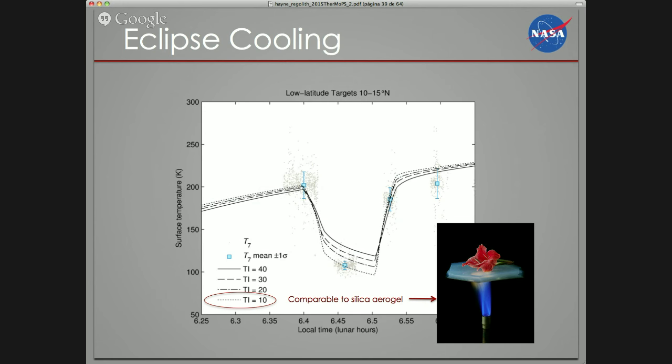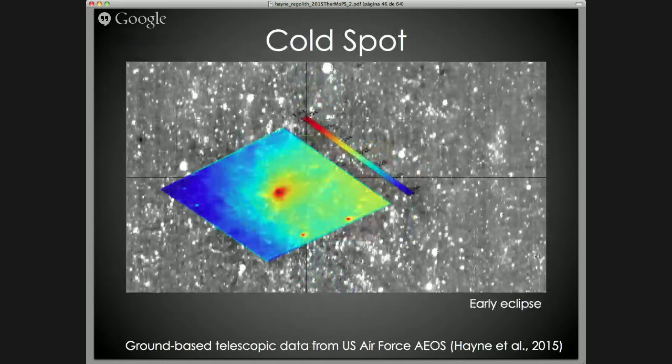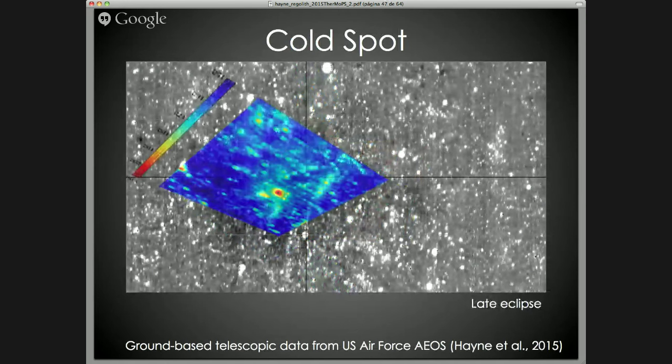Okay, here's a cold spot. Turns out it doesn't show up at all during the eclipse. In fact, the only thing you see during the eclipse is the warm central crater. The cold spot itself, which should be out here, is no different from the background, which is very strange. In fact, it turns out that the temperatures are a little bit elevated within the region that should be cold,